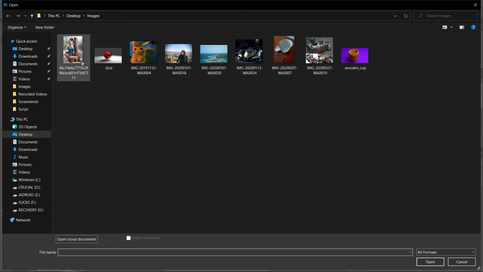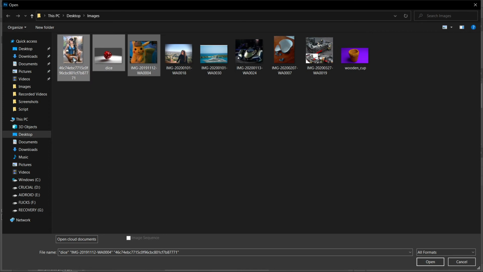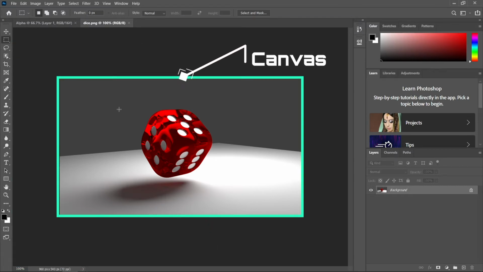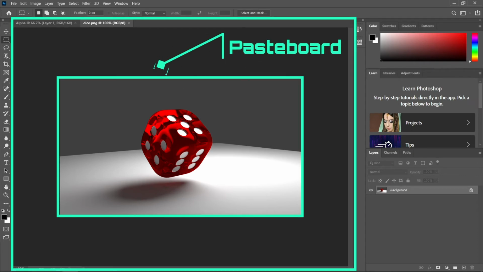We can select single or multiple images we want to open in Adobe Photoshop. I simply select this image and click on the Open button to open the image. This is the document window, where it displays the file on which we are currently working. The visible part of an image is known as the canvas, and the dark area surrounding the image is